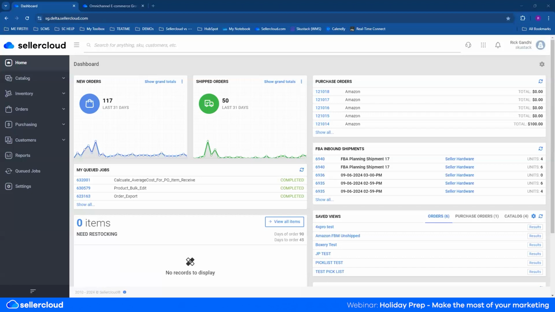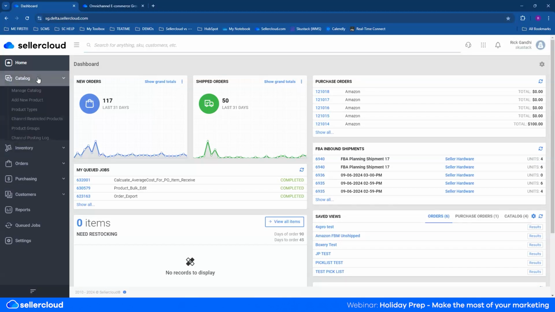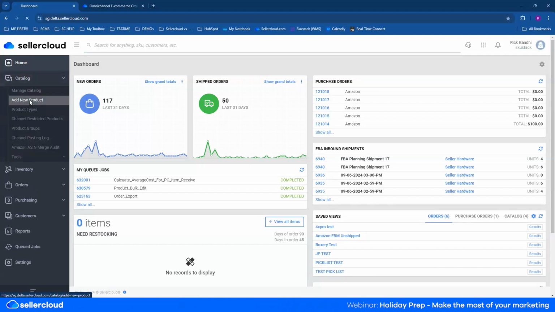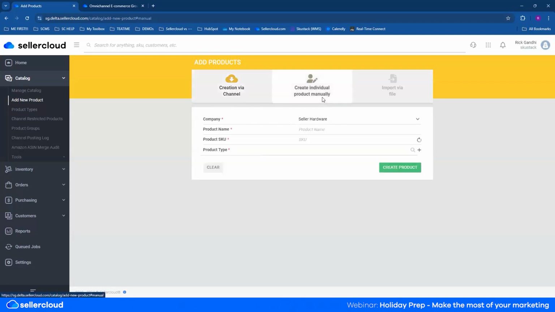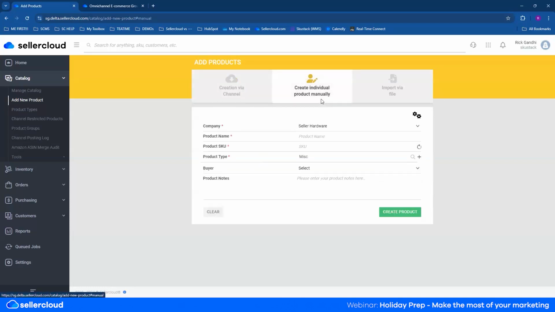So obviously, the first step, what we need to do is create a new product, right? So we have three different methods that we can create a new product. When creating a new product, you go into our catalogs module on Sellercloud. You go to add new product. And from here, it shows you three different ways that we're able to add a new product. Now we have creation via channel. We have create products individually, which by default in Sellercloud, all that's needed to create a product is just a